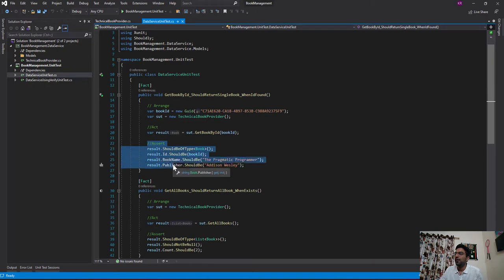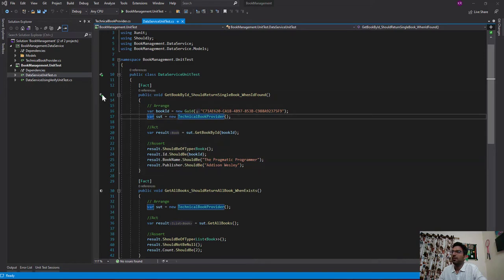And then over here I am simply asserting the result which I want to test. So for example, the result should be of type book, the ID should be this book ID, the book name should be this, the publisher name should be this, and so on and so forth. So this is the typical unit test method. As long as this test receives the same input and returns the same output, our test will happily pass, which means we can change the internal implementation of our code and still use the same test. So if I run this test,